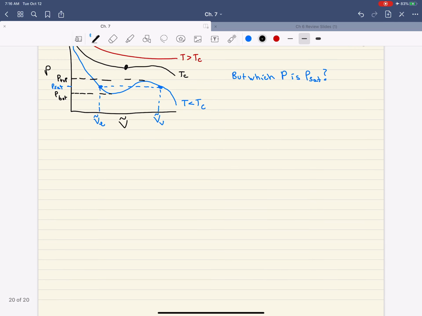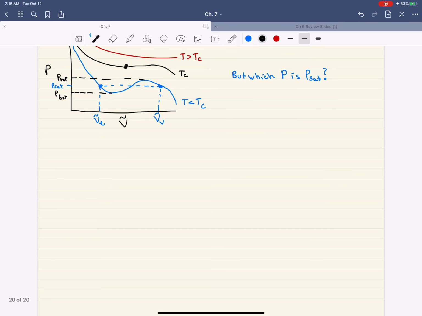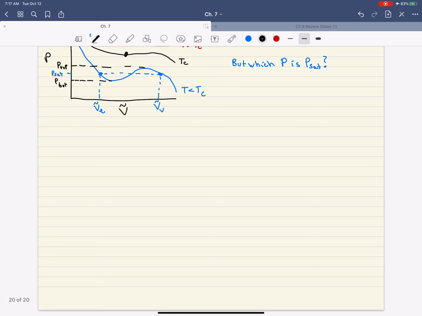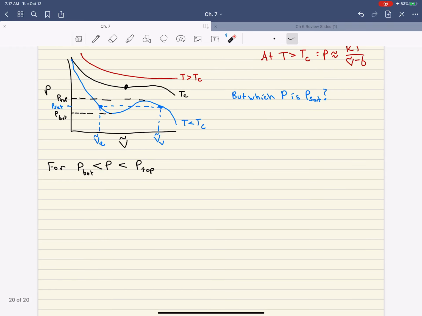In order to figure that out, we need to go back to our equilibrium criterion. The first thing I'll say is that for a given pressure between P bottom and this P top that I refer to here and here,